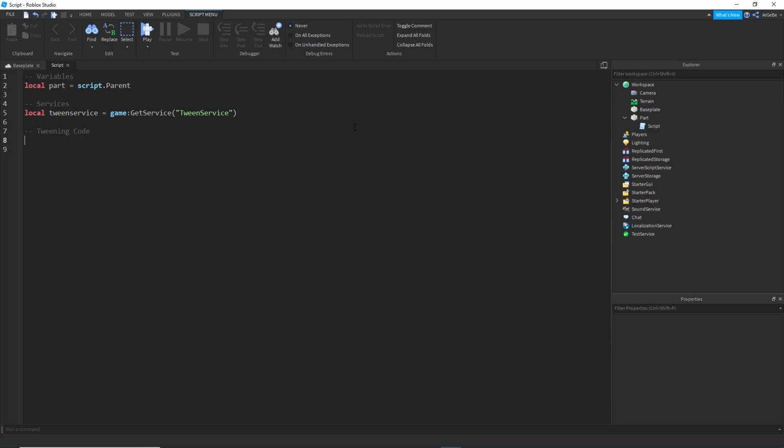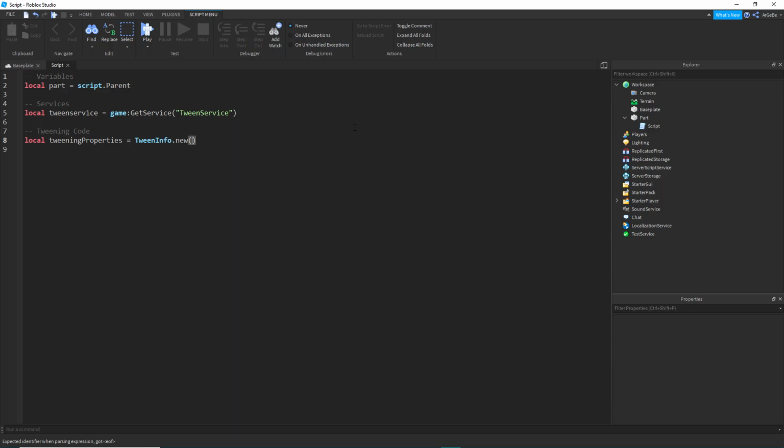Don't call it tweenInfo, because that's already a built-in variable which is used by the script, and you'll see that in a minute. So make sure to call this something like tweening properties. I'm going to call mine tweeningProperties equals TweenInfo.new, and in here,